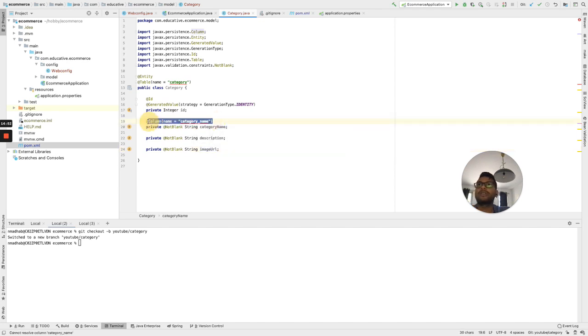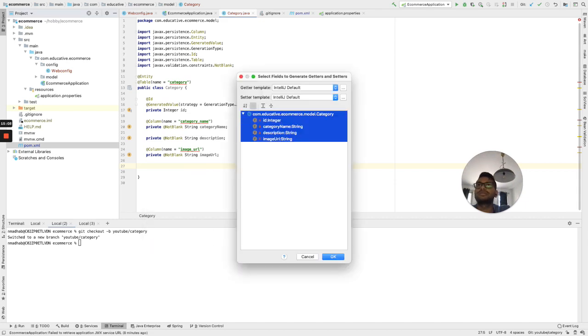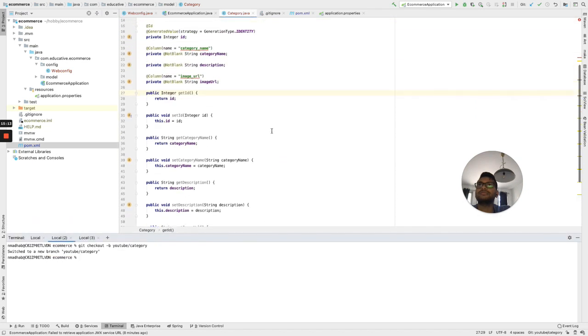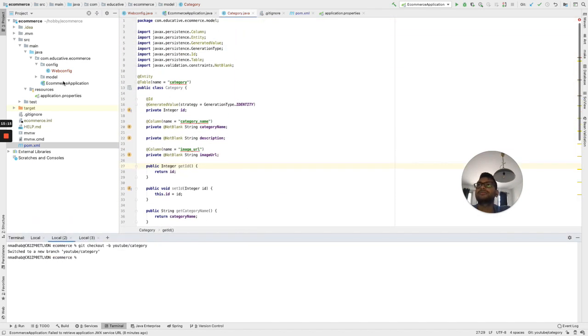If you want, we can also follow the same convention and use something like image URL there, and we can create the setters and getters like this, and that's it. The model is done.